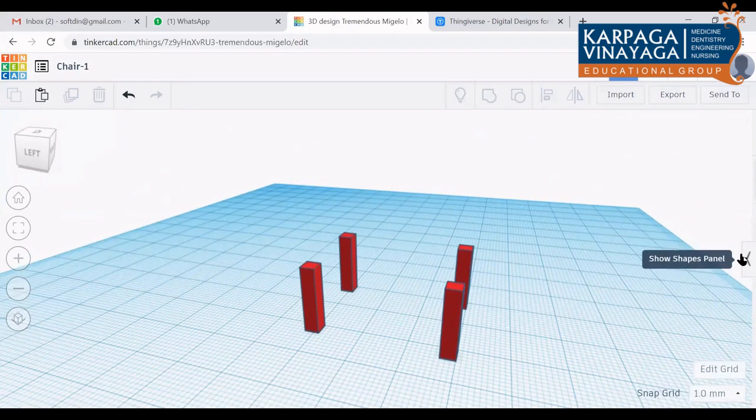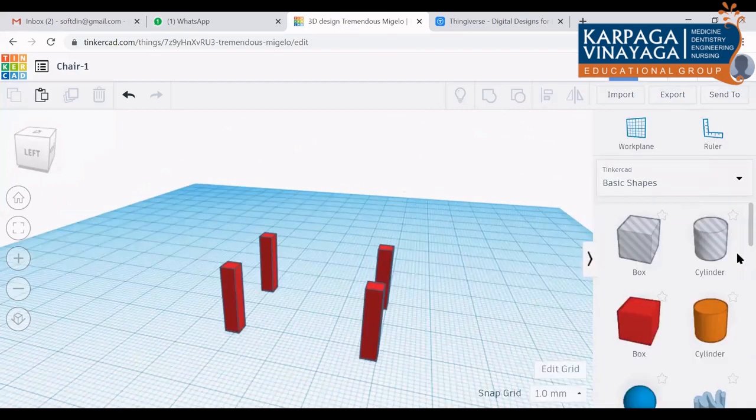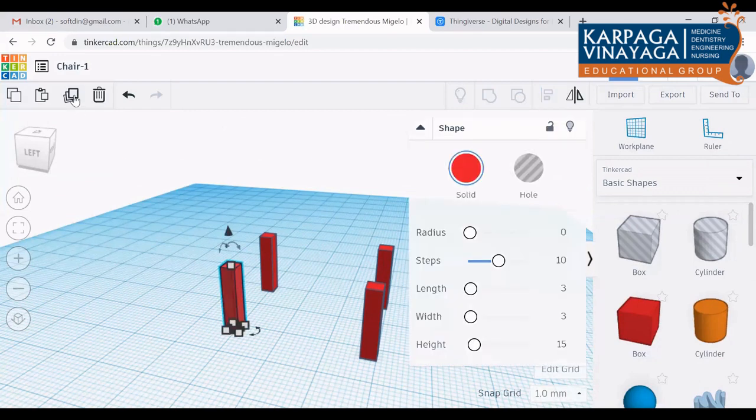So I understand all the steps, but when I copy, exactly the same block is not coming. What is that? The size. This one, sir. Once you created one leg, you just click that. Here in top, a duplicate option will be there. Or you can just use your Control C and Control V.